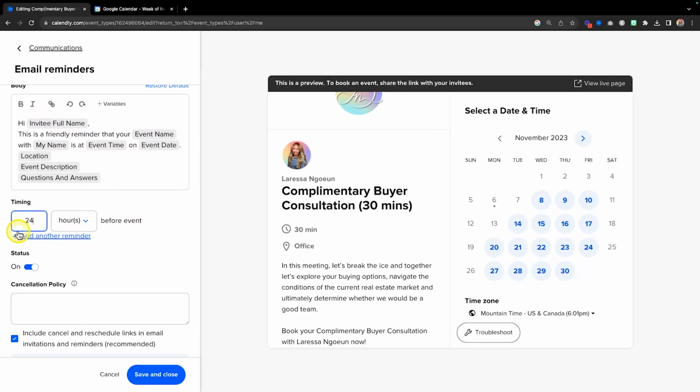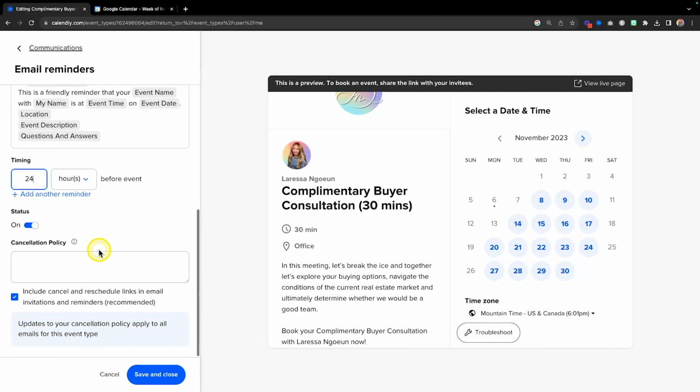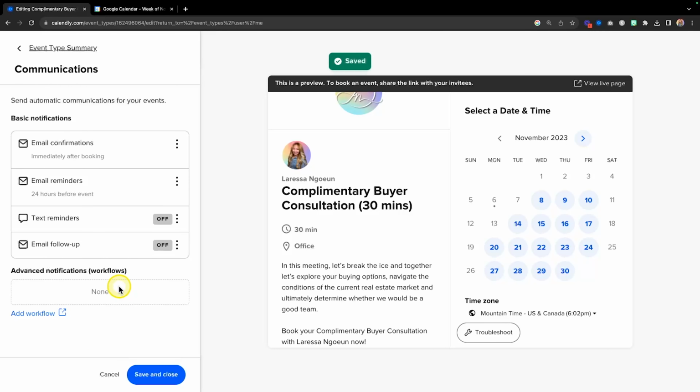And then if you want to, you can add an additional reminder. So you can have it 24 hours out, or you can have a couple hours before the event as well. So I just typically leave it at just the 24 hours before and then just save and close. Now again, if you do have the paid version of Calendly, which I highly recommend that you invest in, we